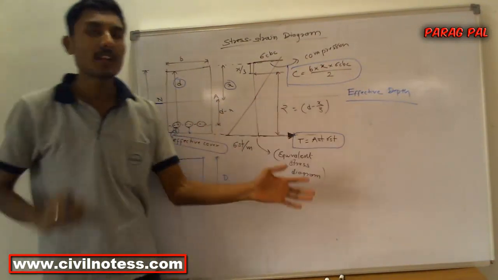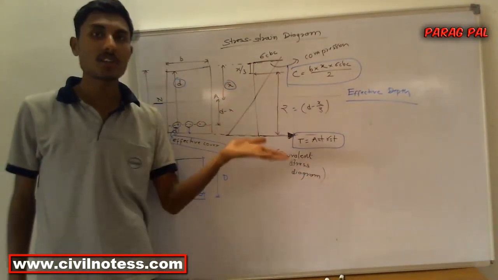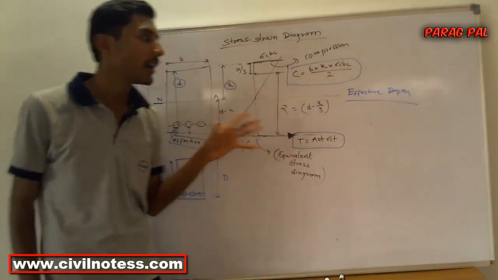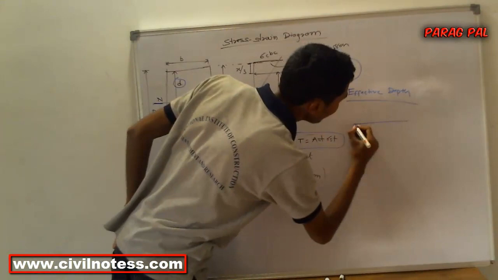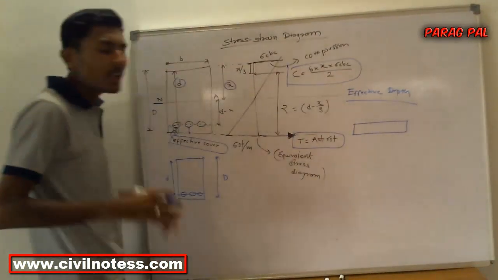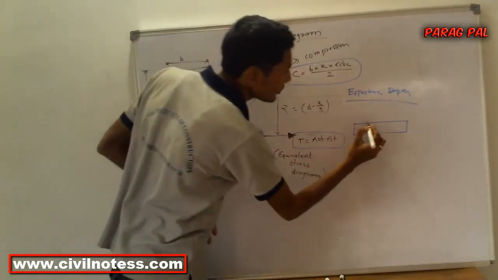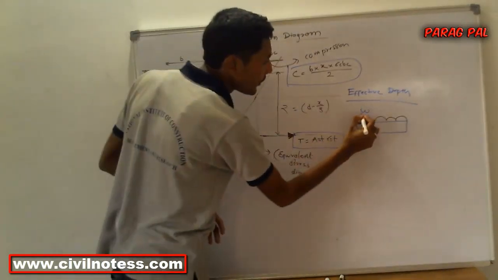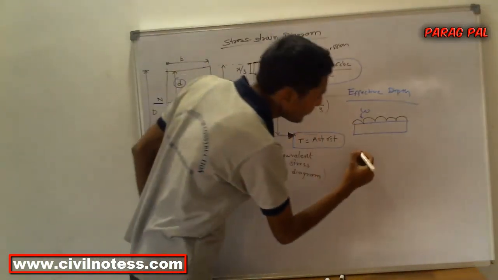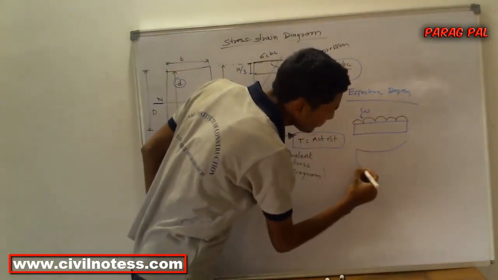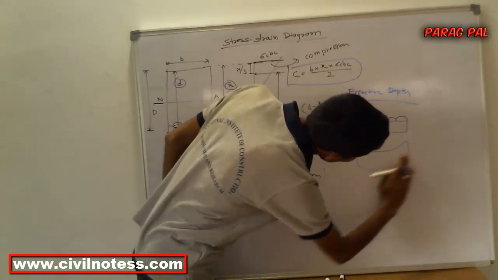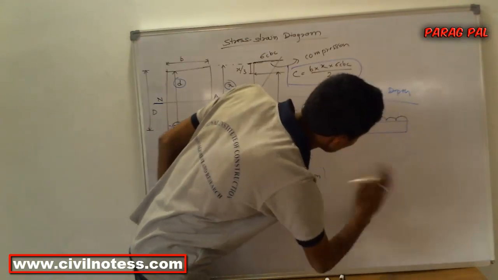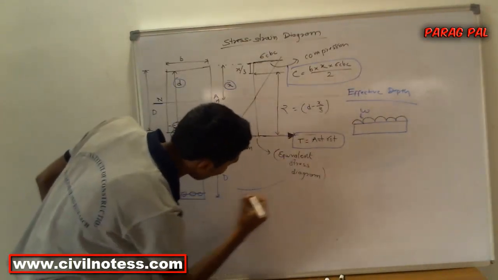With respect to these things, we have to define what exactly the compression and tension are in the section. Now, how are the tension and compression members divided? I'll explain. This is the section. When loading is applied, for example a UDL, which is W, it may deflect in such a manner. I'll draw the diagram properly. It may be like that.